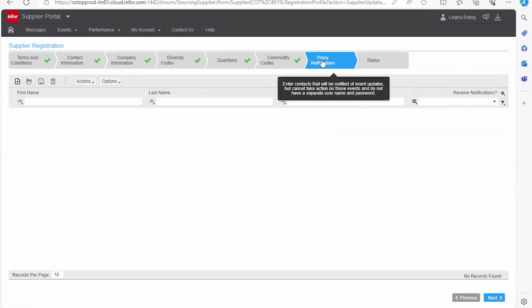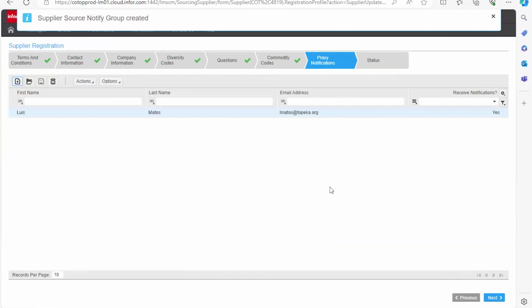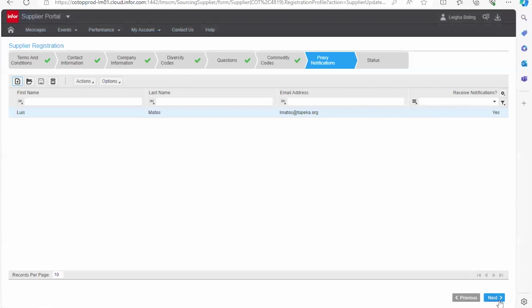So if there is another person at my agency that is not my primary account user here, but if I am going on vacation or for any other reason, I want them to also get notified because I may miss those notifications, I can use this create button to add another person and their email address to simply receive those email notifications of when bids are released. And click receive email notification. Once I have my entire list of people who I also want to get emails about bid events, I can